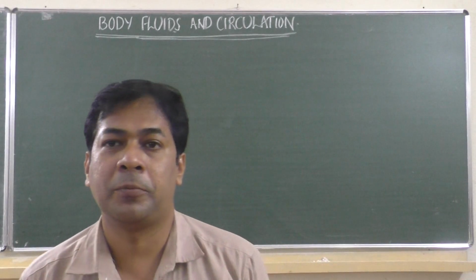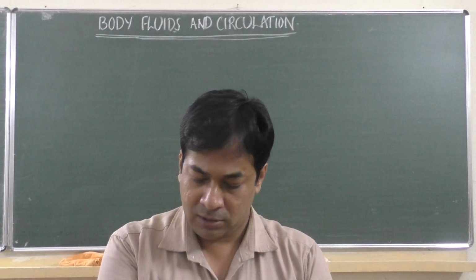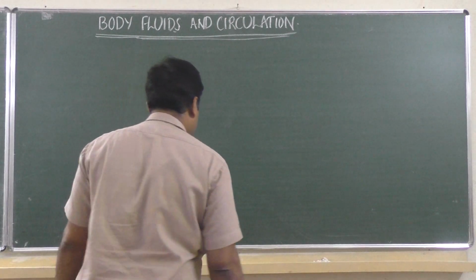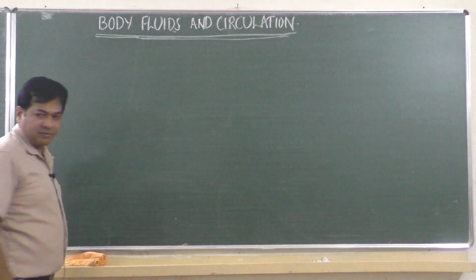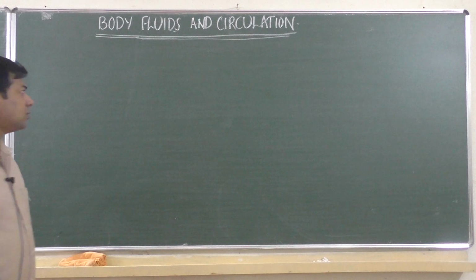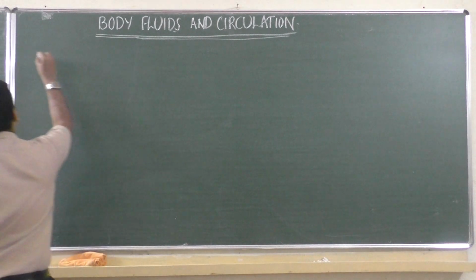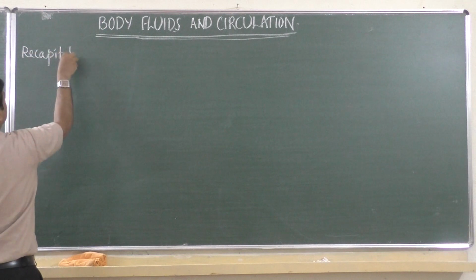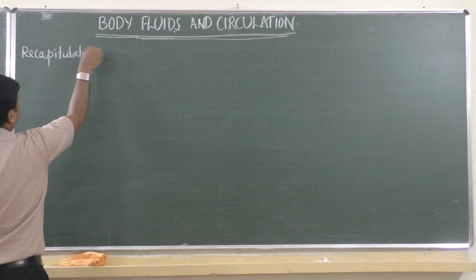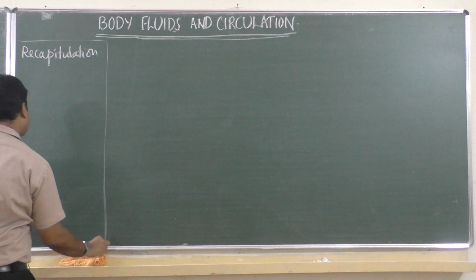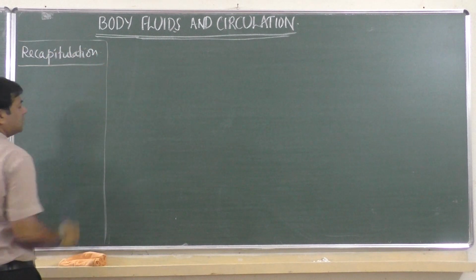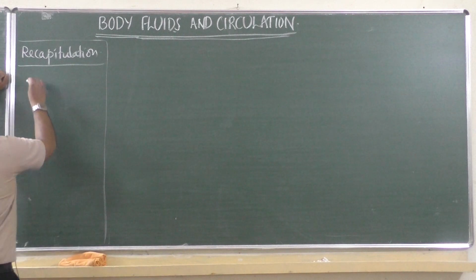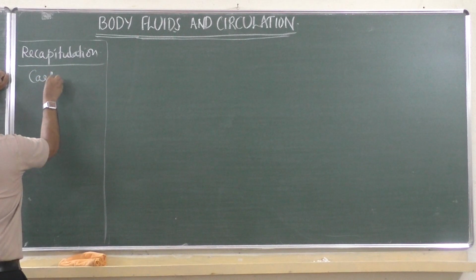Students, under the chapter Body Fluids and Circulation, in our last class we learned cardiac output. So we will just recall what we have learnt about cardiac output, then we will continue the chapter. This is a recapitulation of the last class. I am not going to draw the heart structure once again, because we have already done this three to four times. Anyway, we have learnt cardiac output,